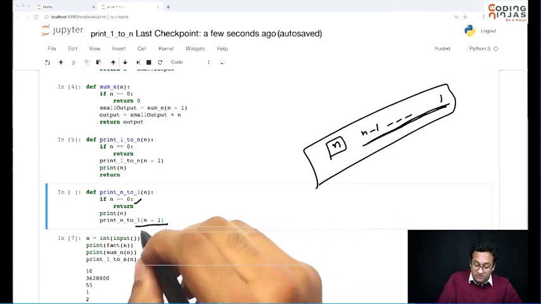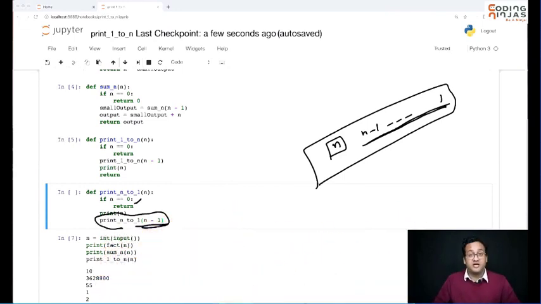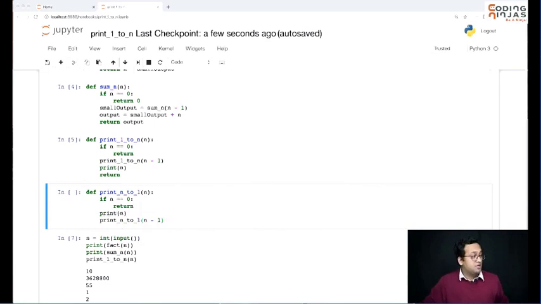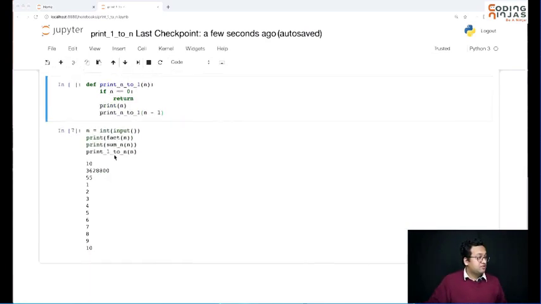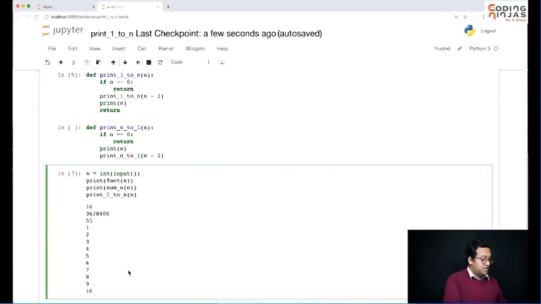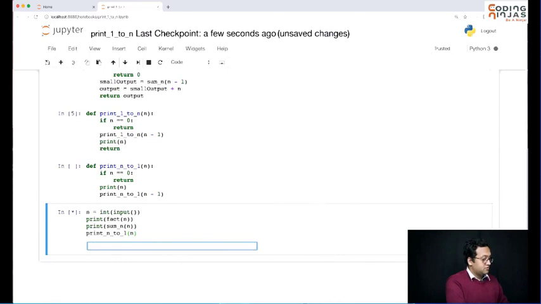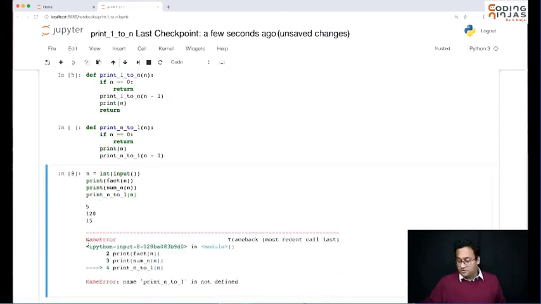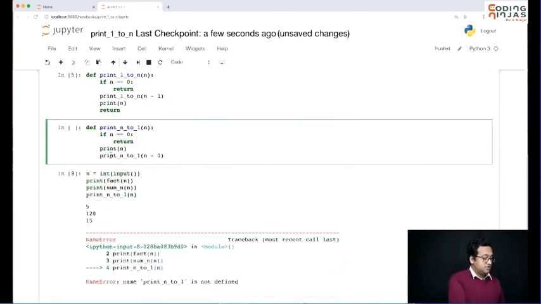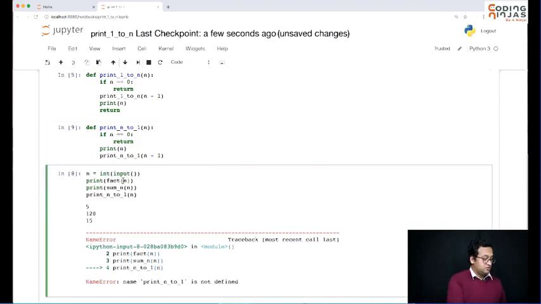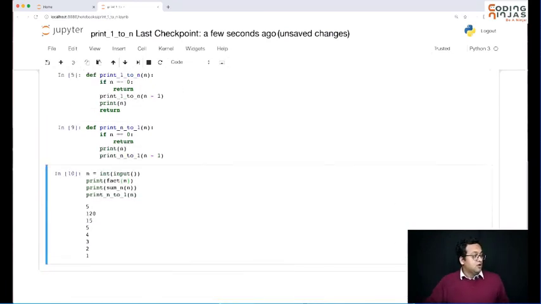And I can assume this function works properly because that's my induction hypothesis. Let's run this and see if it actually works fine. This time let's try n to 1, with 5. Okay, so I want to run this cell. And you get 5, 4, 3, 2, 1.